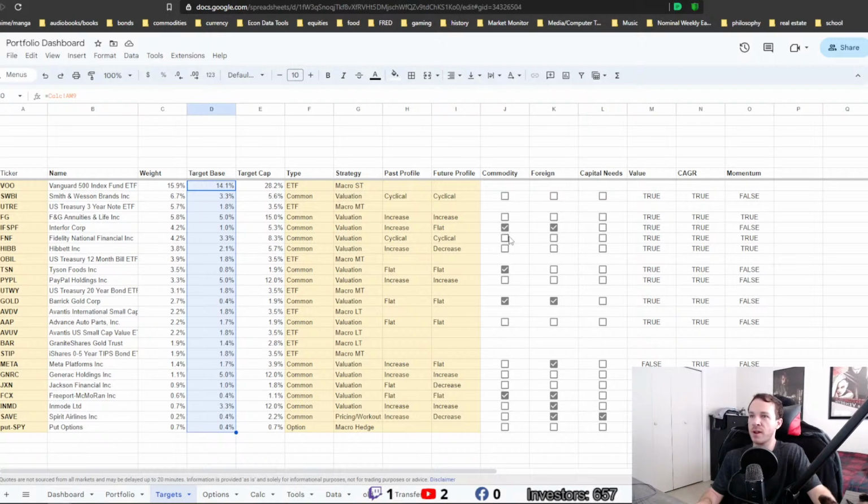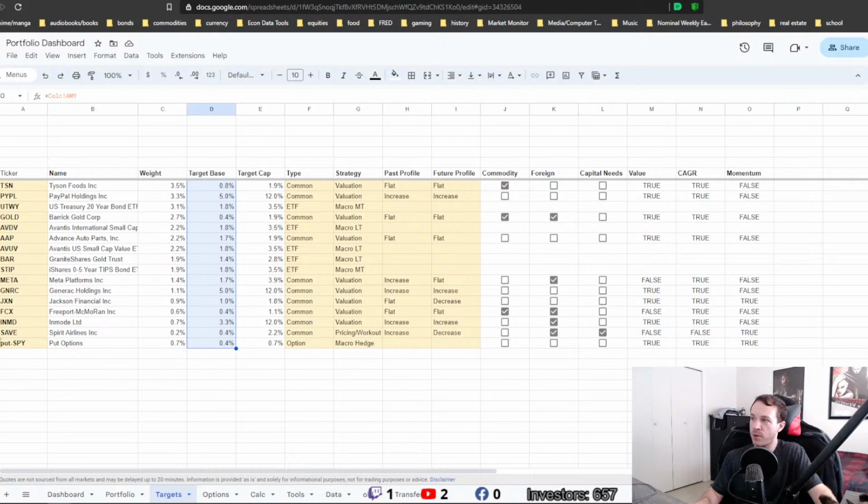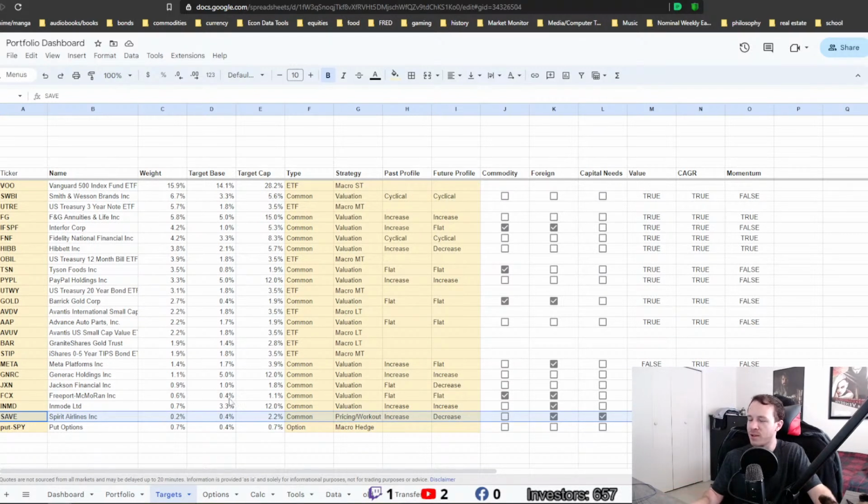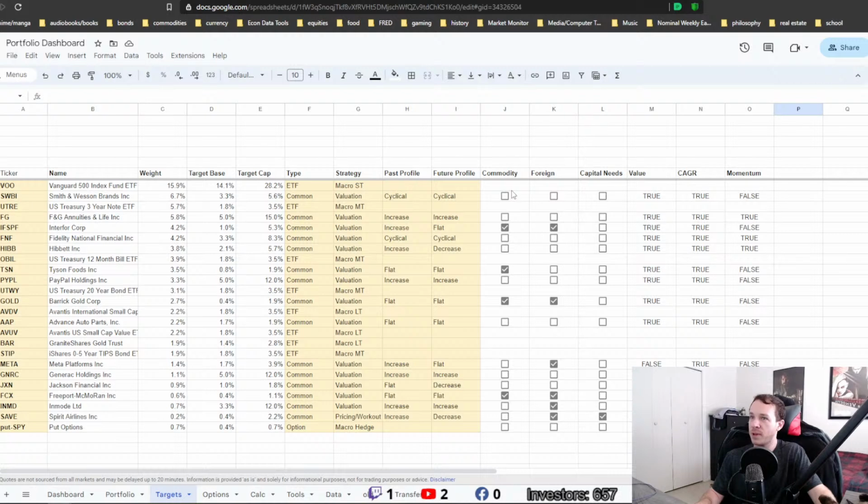This is where I list whether it is one of those commodity companies, whether it is one of those foreign companies, or whether it requires future capital influxes, whether through massive amounts of debt issuance or through dilution of their stock issue. It doesn't really make a difference. That's another factor I am adjusting for risk-wise. I just didn't make a pie for it because it's not going to apply to a lot of companies. For example, the only company it currently applies to in my portfolio is Spirit Airlines, because I see them as a huge bankruptcy risk if their corporate workout doesn't go through. But I also only have a position in them because of the corporate workout, so that's one thing to take into account. But the point is, these are three risk factors that I want to adjust